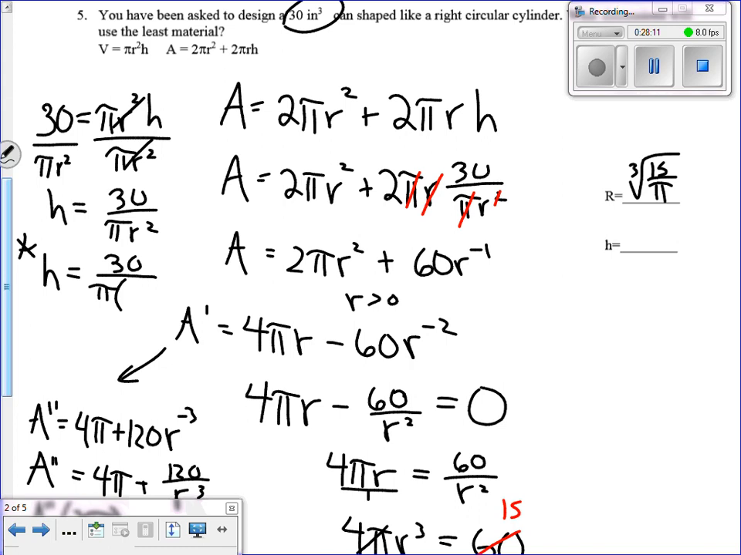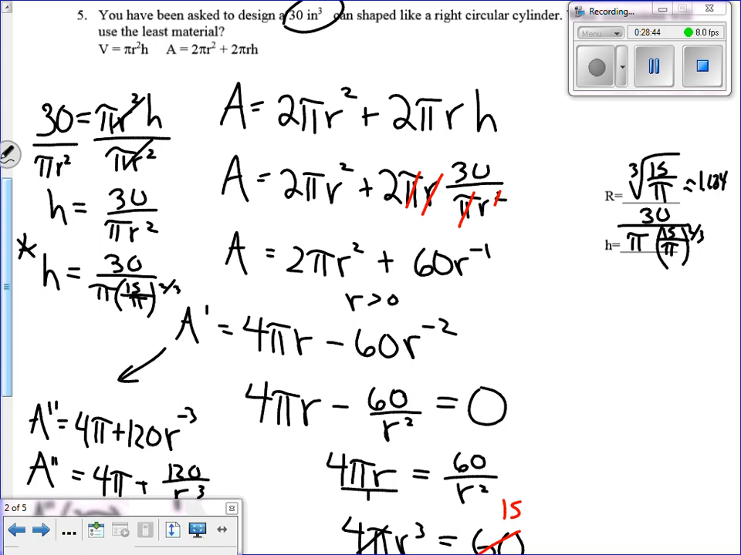So it'd be the cube root of 15 over pi squared, or just 15 over pi to the 2/3. Or you could write the cube root squared. All right, so you can either leave it like that. All right, so 30 over pi times 15 over pi to the 2/3. I know it's ugly, but who cares? Now, if you wanted to put that in your calculator to see what it is,